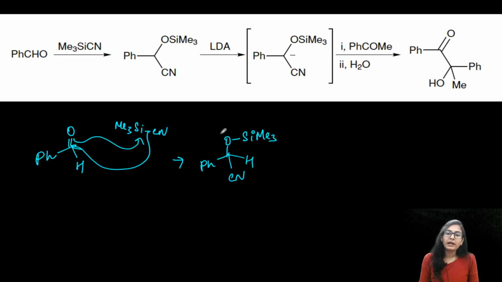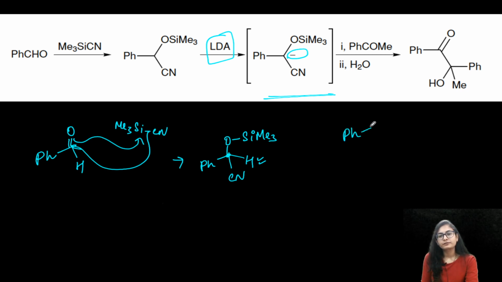So basically the O minus charge is stabilized by the silicon, and again the cyanide has attacked over the carbonyl carbon. Now LDA is a base, so the base is going to take away this proton. Why do we require a base? Because this O is no more minus, it is already connected with silicon. That is why there is no proton transfer as such. Alright, so we require the LDA base. The base is going to take up the proton to give you an intermediate like this, a carbanion, right, so we have a ketone over here.